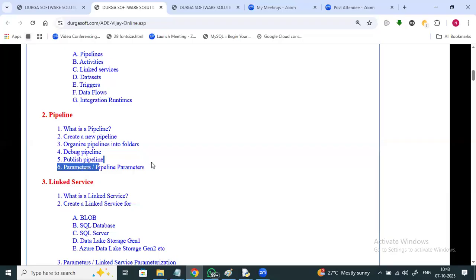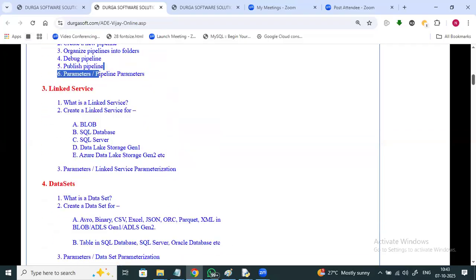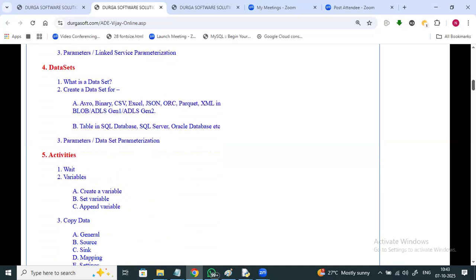Linked service, what is a linked service? Creating a linked service for different types of storages like SQL Server, SQL database. Data sets, what is a data set and how to create data sets for different formats like Avro file, binary file, CSV, Excel, JSON, ORC, Parquet, XML.